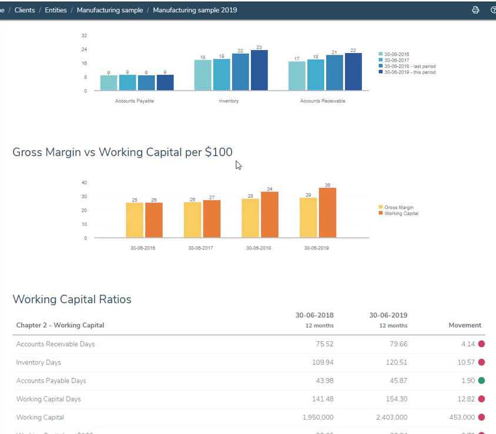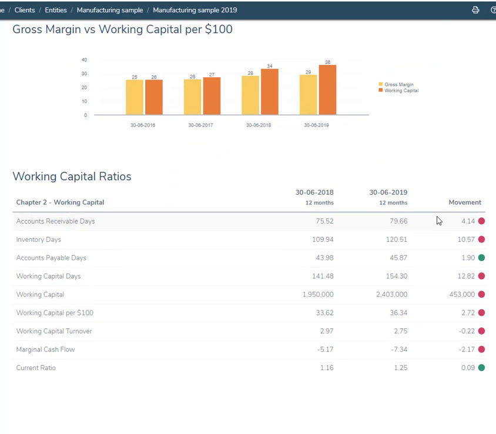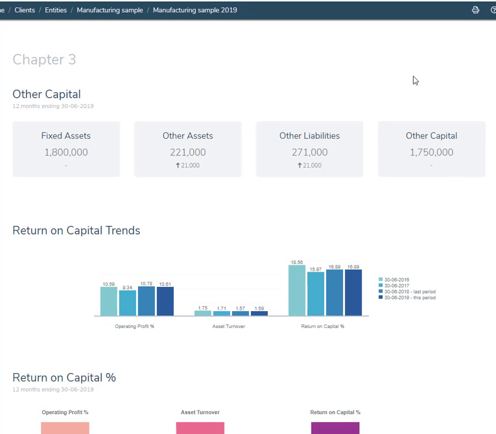And we have a gross margin versus working capital per $100. As you can see here, we're reasonably okay here in 2016. As we've grown, this has gotten out of shape. And lots of red dots down here to work through to try and change in this business. We look at the third page,